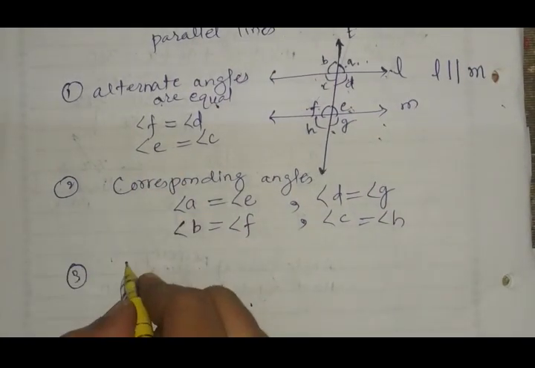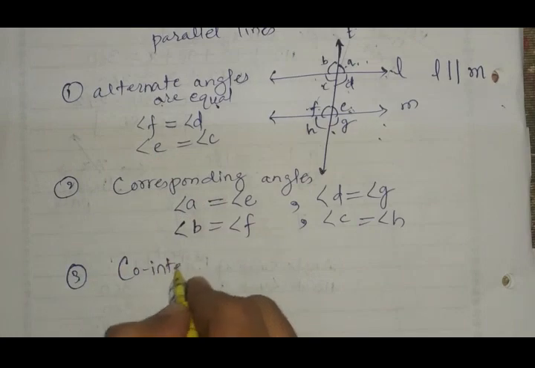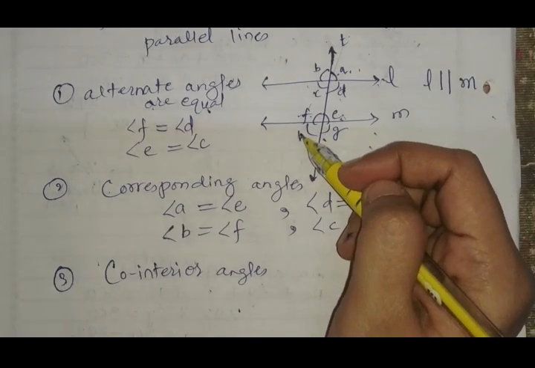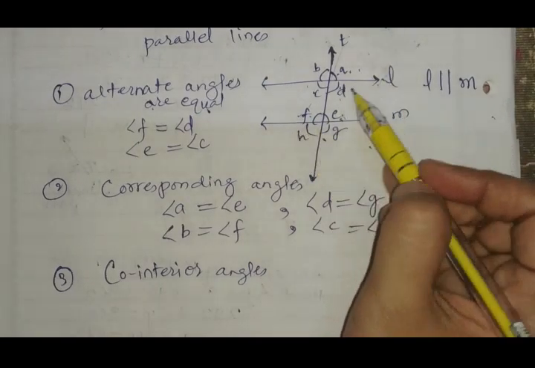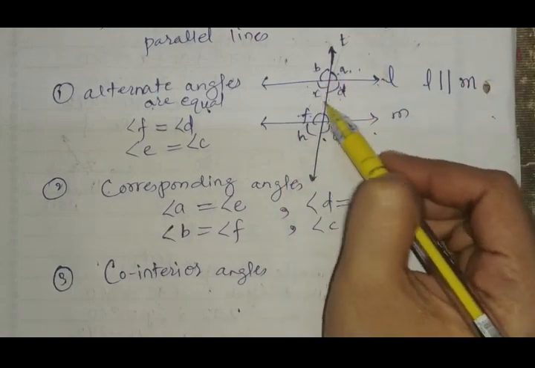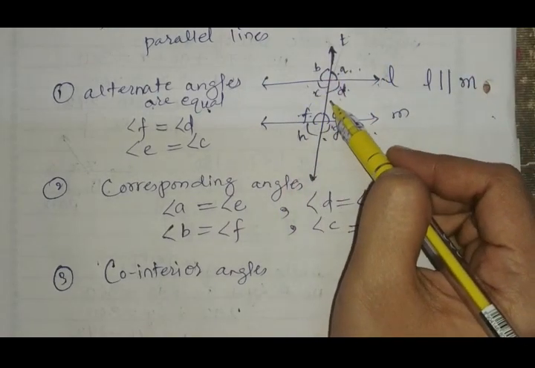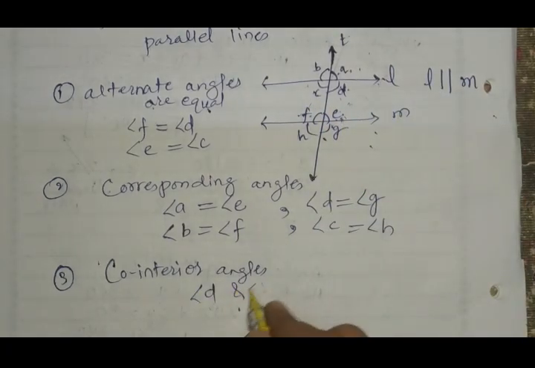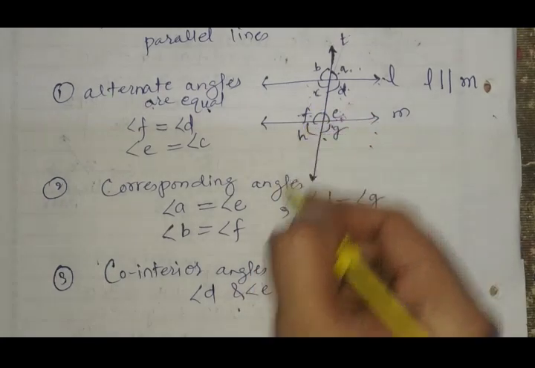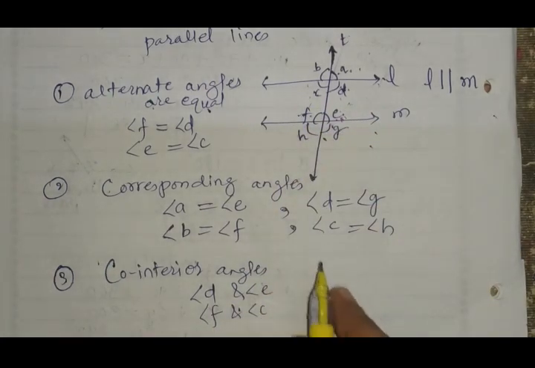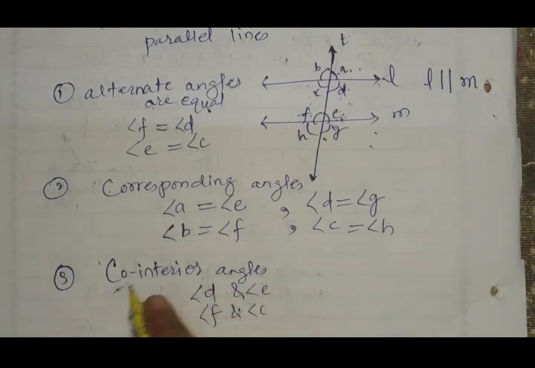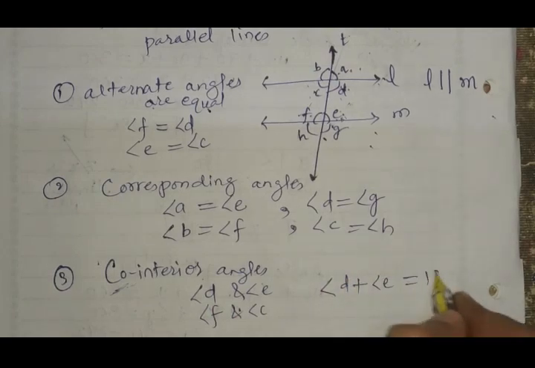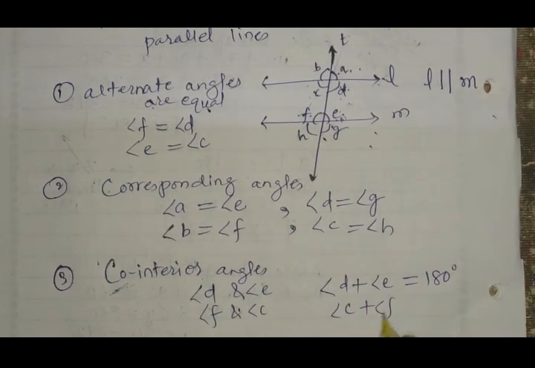We are having another special pair of angles, we call it co-interior angles. Co-interior angles are those angles which lie on the same side of the transversal and they are interior. If you see here, C, D, E, F, these are interior angles because they are formed between the parallel lines. And if you notice D and E, angle D and angle E, they are co-interior. In the same way, C and F are also co-interior. They are interior and they lie on the same side. And the sum of their measures gives 180 degrees. So D plus E is equal to 180 degrees. In the same way, C plus F is going to be 180 degrees.